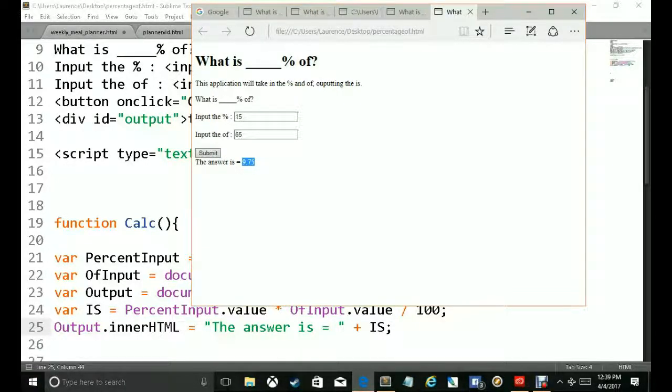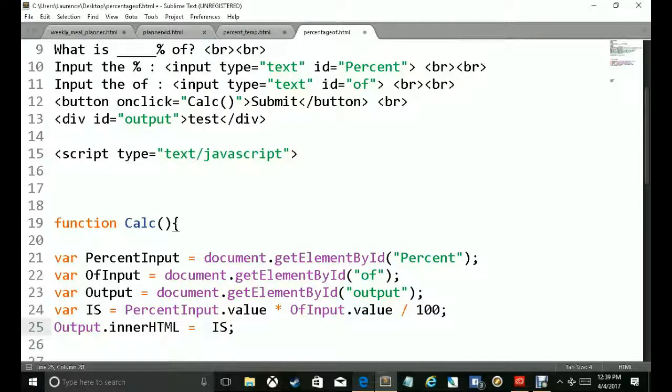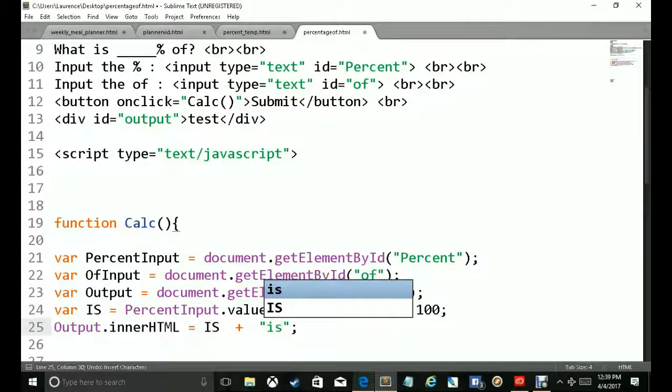So we could say this value is 15% of 65. How would we write this in the div here? We could say this value, so is, plus some string of text. Remember, to write strings of text, you must use quotes. Inside of the quotes, is, with the space, so that we have a space between the variable and the string of text, is, space again,